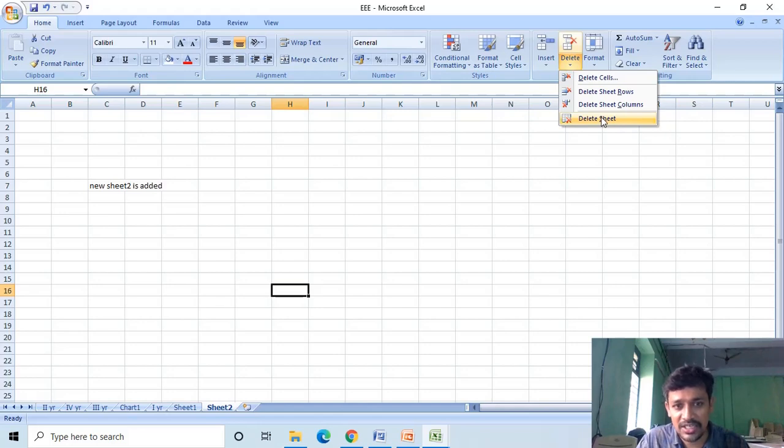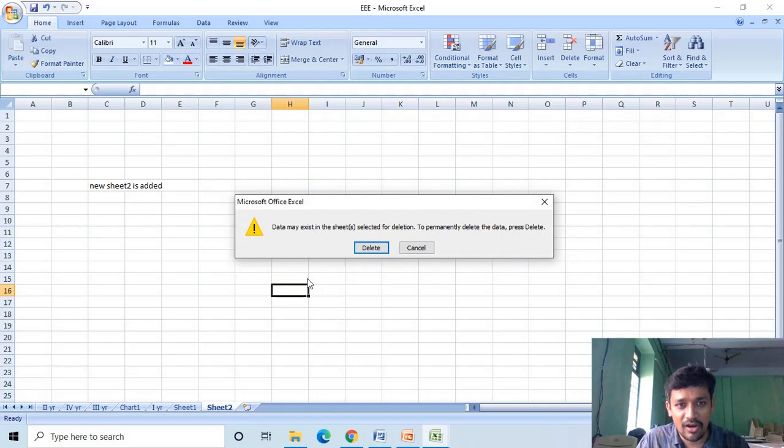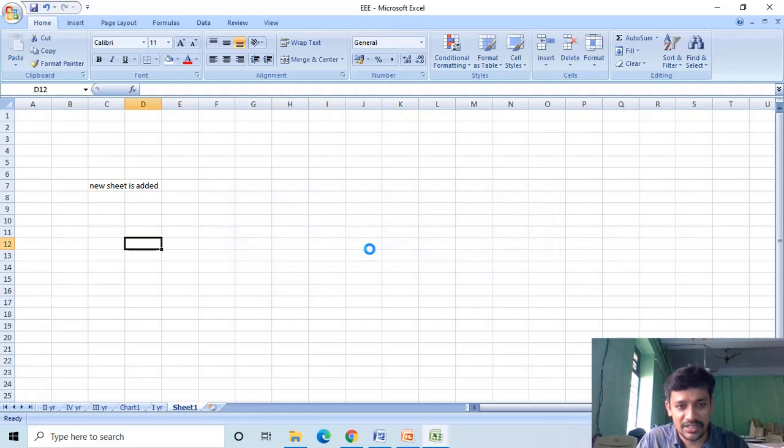Click on the delete sheet option. Then it will ask for confirmation that data may exist in the sheet. To permanently delete the data, press delete. Click on the delete option. The sheet is deleted.